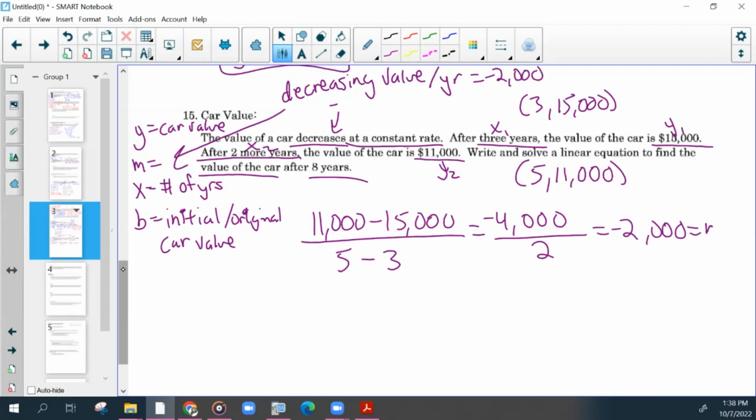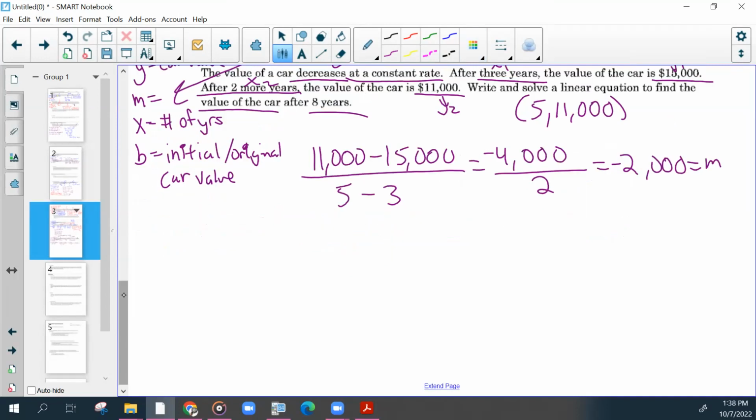So I could write that right next to it as well, but I already wrote it up there. So the negative 2,000 represents it's decreasing $2,000 every year, right? Now that we found our slope, we can go back and find our y-intercept by putting in one of the points. Does not matter which one. I'm going to use my 3 and 15,000 point. So y minus 15,000 equals negative 2,000, x minus 3,